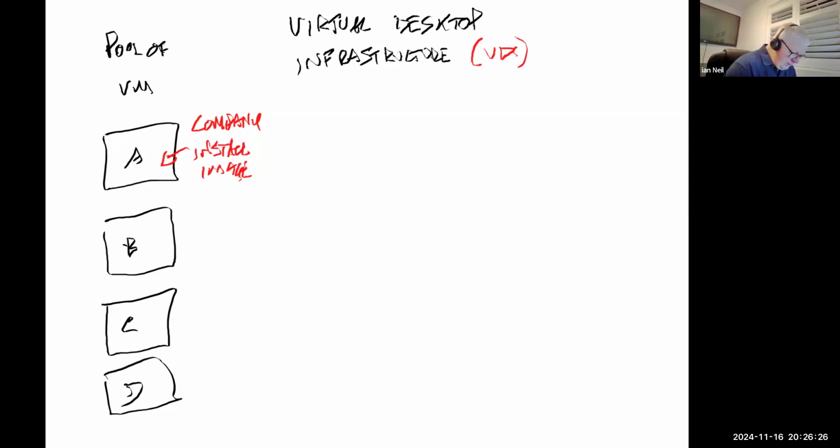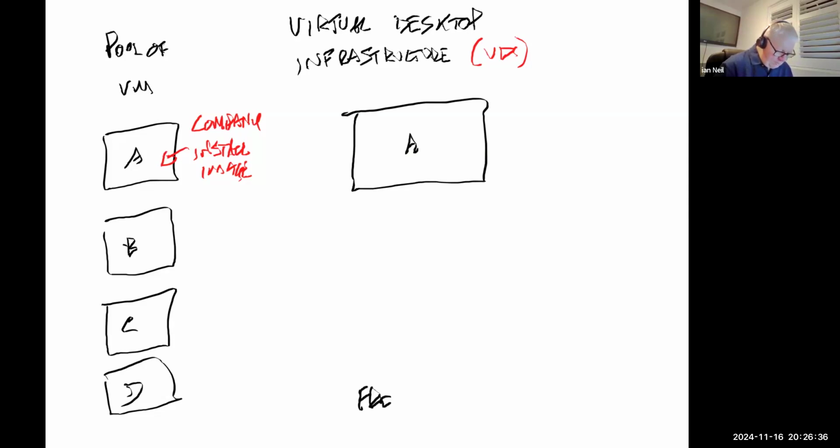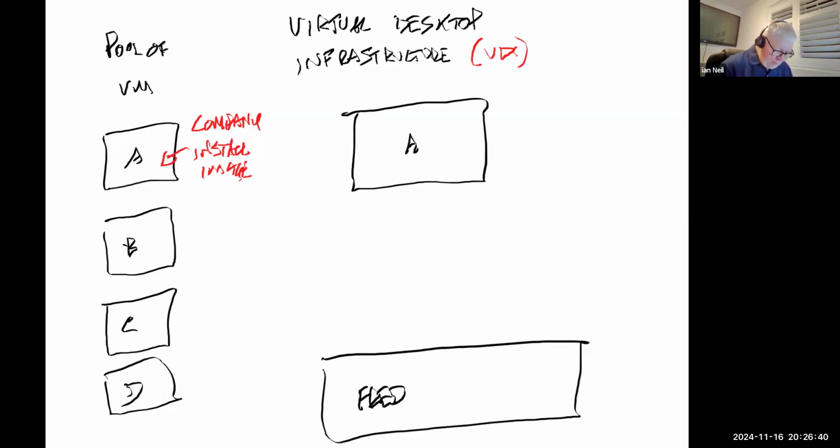Now, here is Fred, and Fred is going to use virtual machine A, but Fred is working from his home. And Fred is on his home PC that he shares with his children.